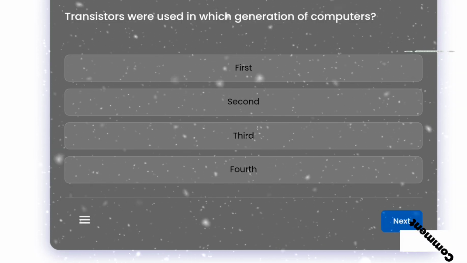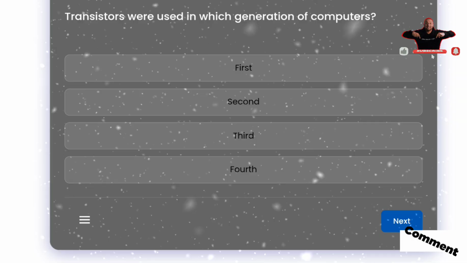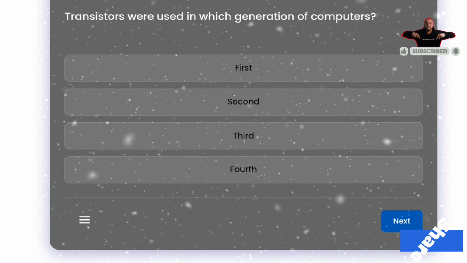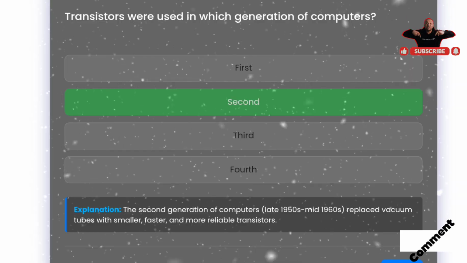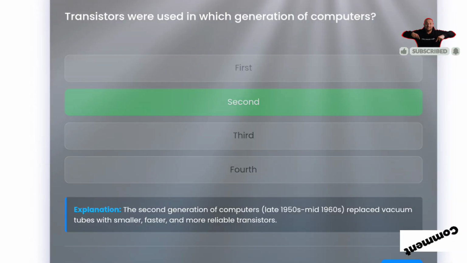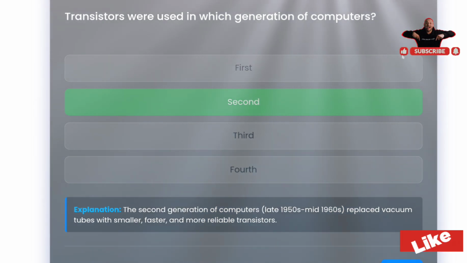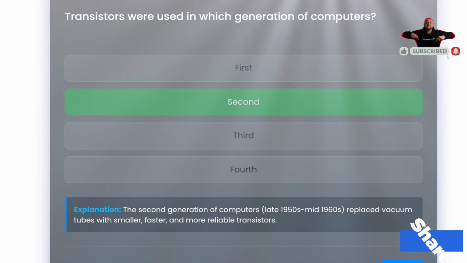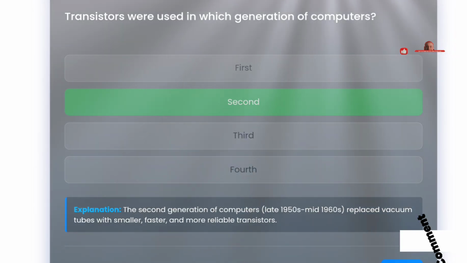Next question, transistors were used in which generation of computer? सेकेंड वन। ओके, द सेकेंड जनरेशन ऑफ कंप्यूटर कब से हुआ था? द 1950s तक, मिड 1960s है, मतलब सेकेंड जनरेशन कंप्यूटर स्टार्ट हुआ था। रिप्लेस वैक्यूम ट्यूब्स विथ स्मॉलर, फास्टर एंड मोर रिलेबल ट्रांजिस्टर।